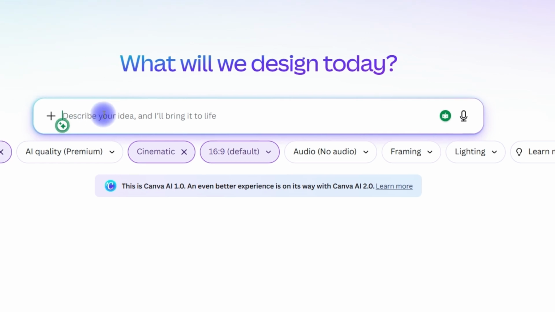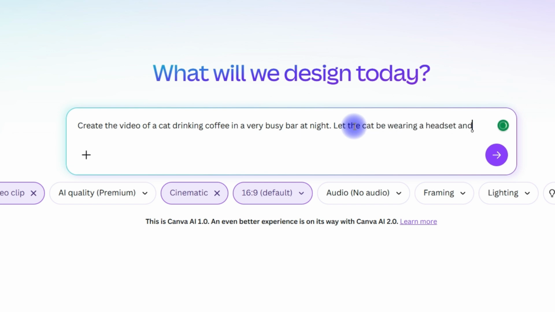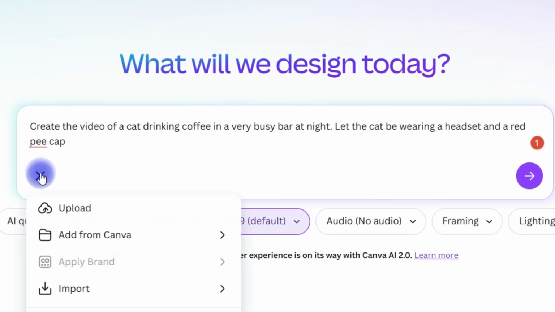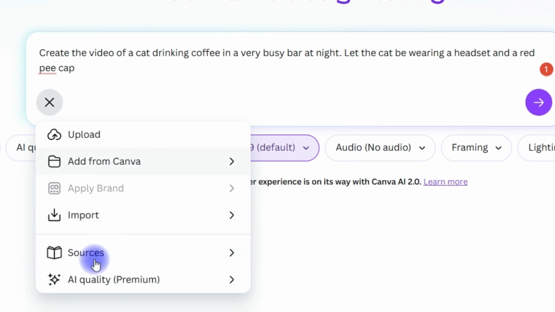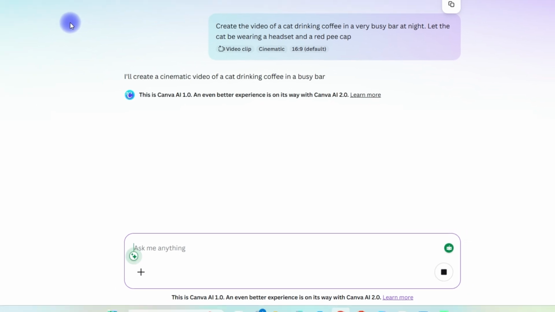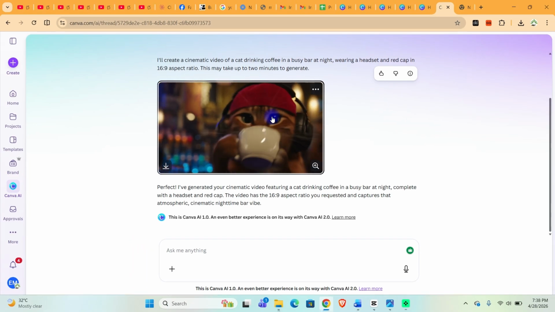All right, so right now we can go ahead and give the description of the kind of video that we want to create. Okay, so create the video of a cat drinking coffee in a very busy bar at night. Okay, so let the cat be wearing a headset and a red keycap. So this is just small details. If you want to, you can add more details from here as well, so that it can serve as a guide to what you're trying to create. So let's go ahead and hit enter, and let's see what this is actually going to create for us. If you look at the cat wearing a red keycap,